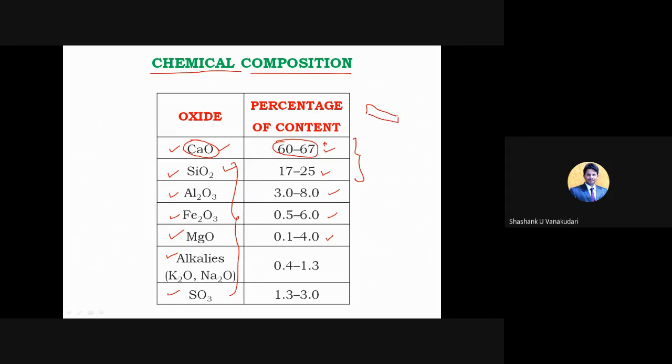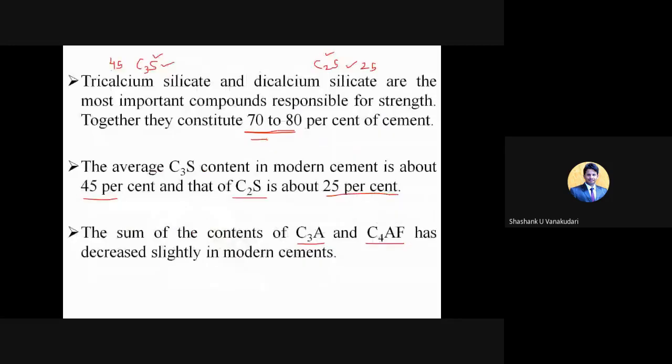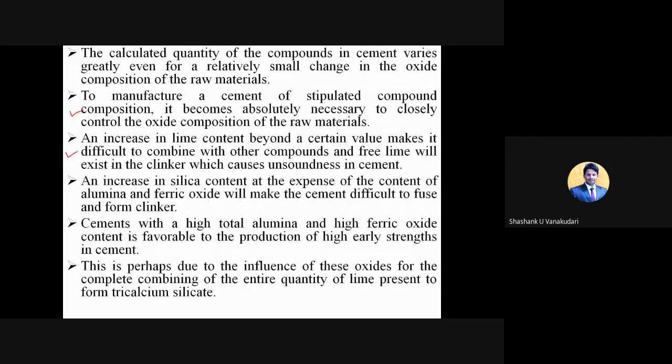Through this clinker, whatever product is generated, the excess oxide, I mean excess calcium oxide, is nothing but lime. This excess lime will come out without joining the remaining chemicals. If you have added extra, it will come out in the form of precipitation at the end of the rotary kiln. That is the main disadvantage of adding extra content of lime. Lime is nothing but calcium oxide, and it causes unsoundness in the cement.